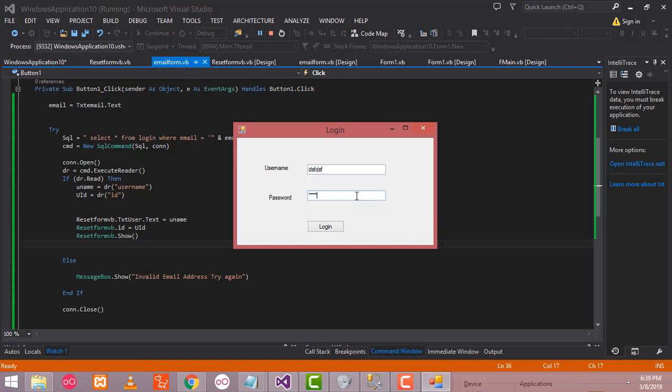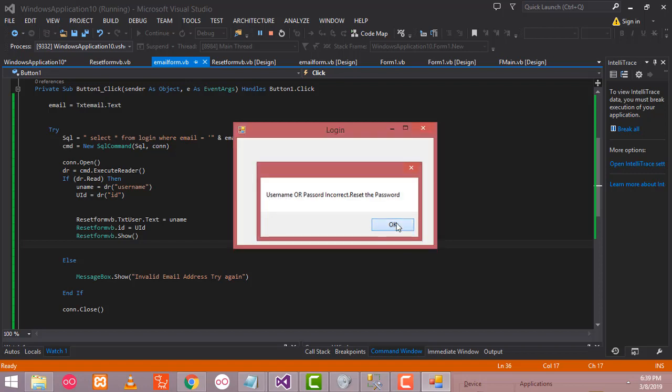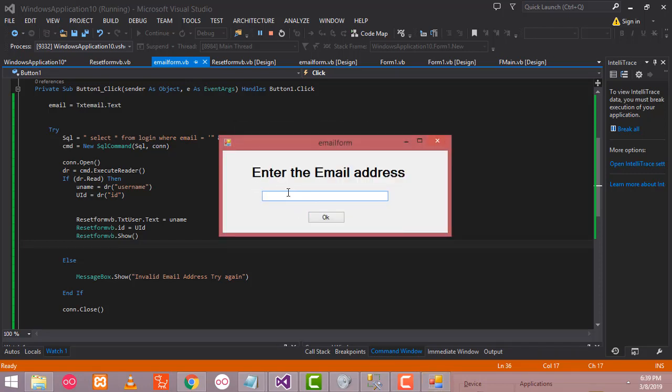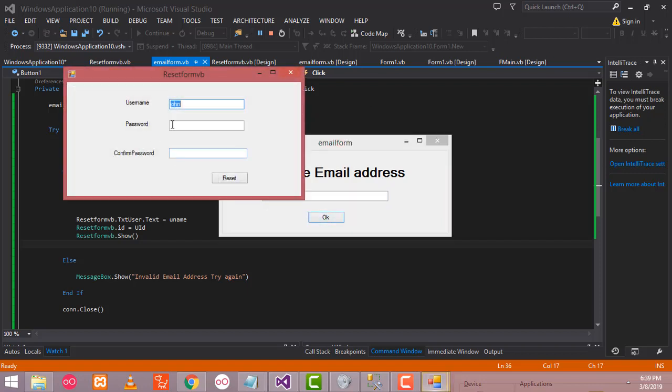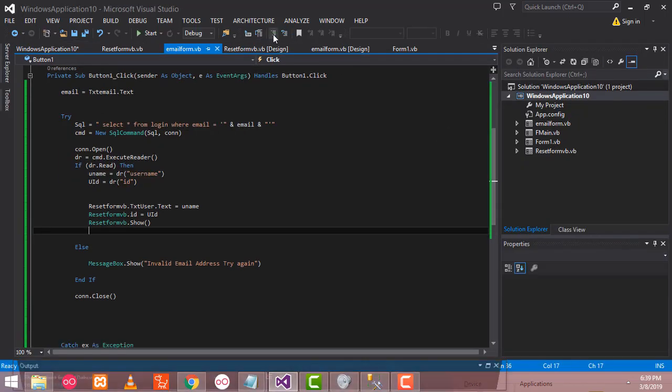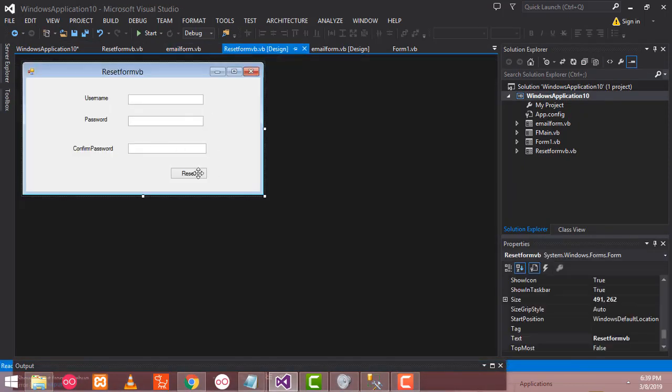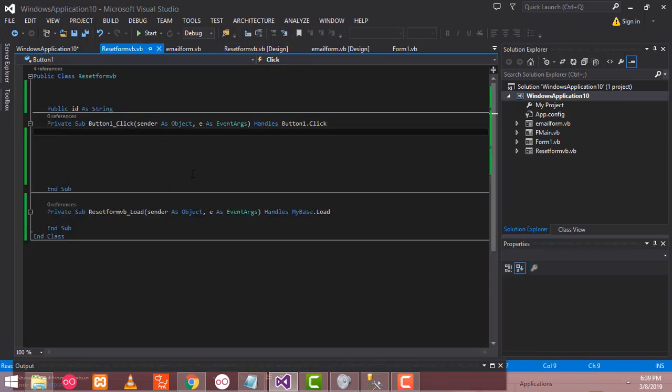Enter the username and password wrong, second time, third, fourth. Now we visit the enter email address form. Now we have to type the correct email and click OK. Now you will be able to visit the reset form. Right, perfect. Now let's go to the reset form. Here double click on this one. First I am going to check